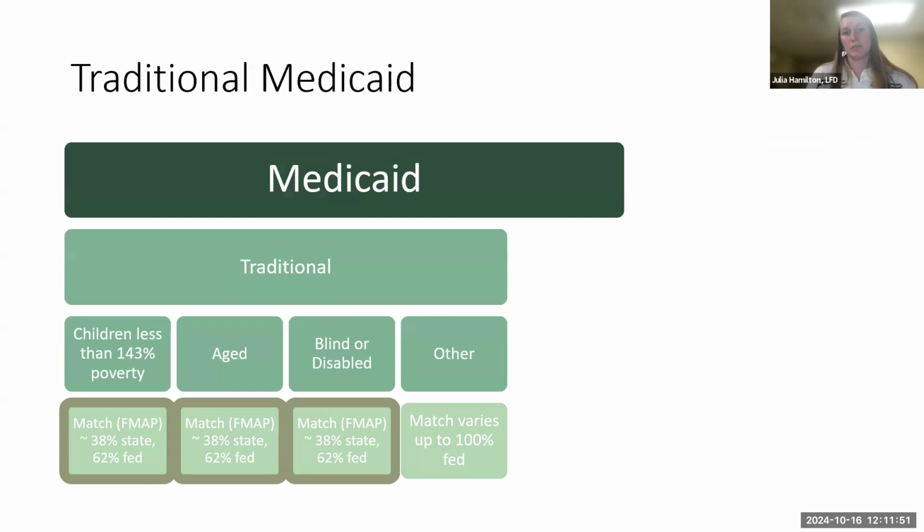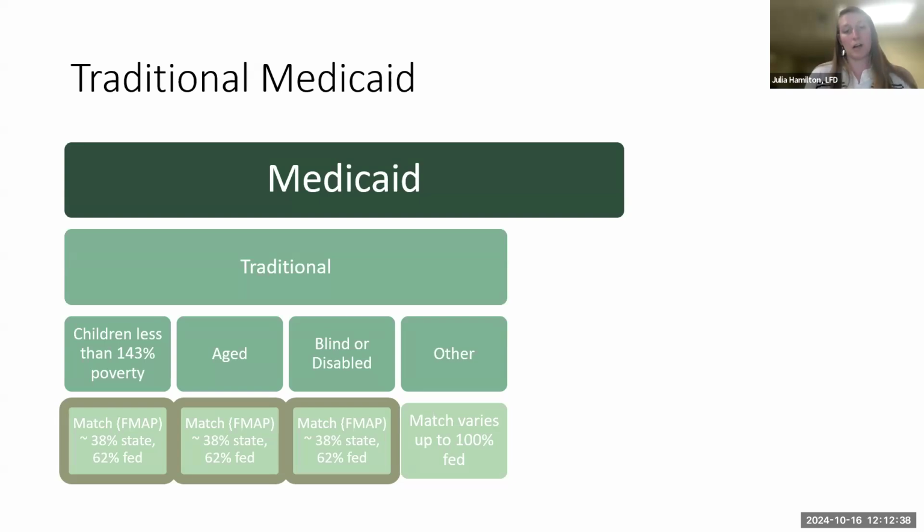So going a little bit deeper into traditional Medicaid, we've got a few different populations that we talk about when we're looking at traditional. The first is children, and for children, their parents must be making less than 143% of the federal poverty level to be eligible for Medicaid. And that is matched at the standard federal medical assistance percentage rate for the state of Montana, which we'll talk about a little bit more in the next slide. But basically what this means is that for every 38 cents that the state puts up, the federal government will put up another 62 cents that goes into the Montana budget for